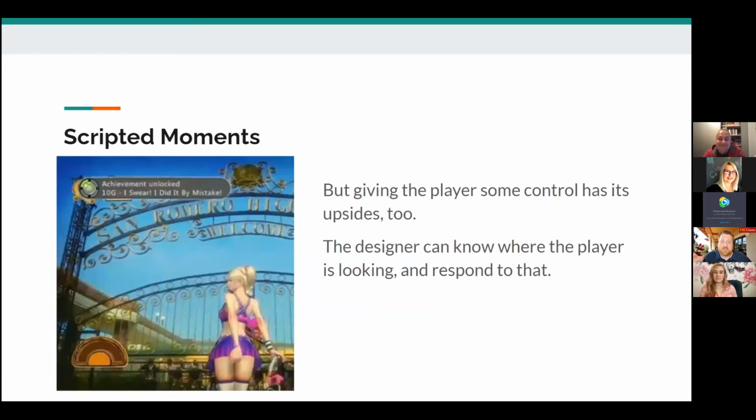On the other hand, giving up that control as a designer, giving the player the ability to control the camera, has upsides, has advantages. There are things that we can do as game designers to exploit that. The designer can know where the player is looking and understand that the player has control over that and respond to it.